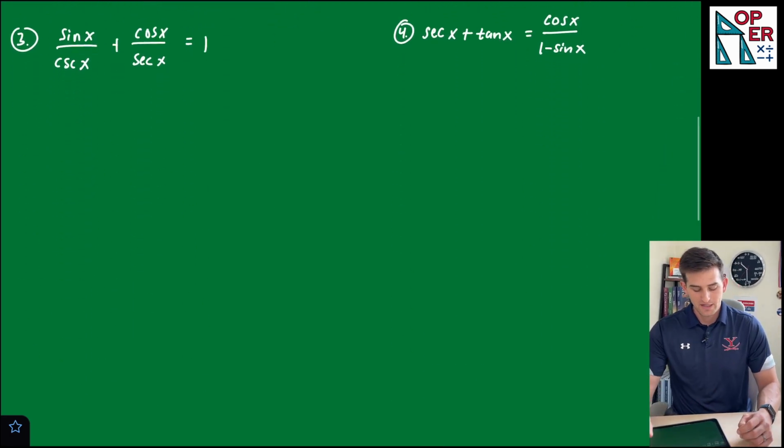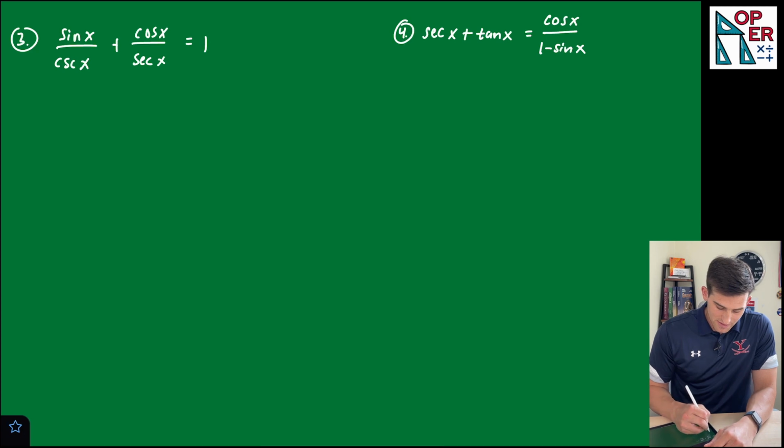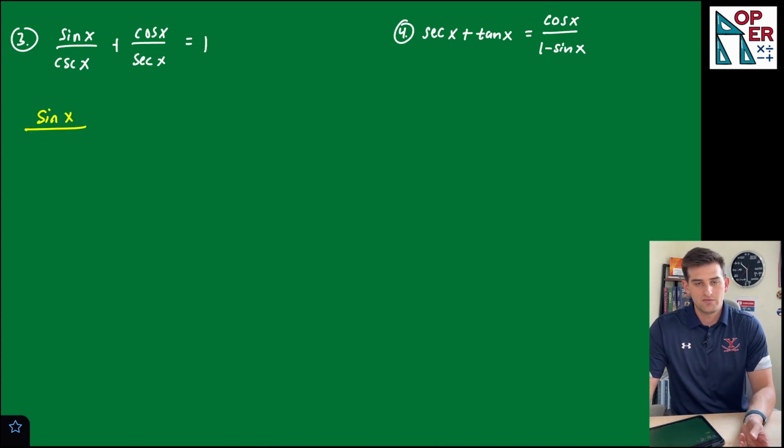Number 3, we have sine of x over cosecant of x, so in this case we're just replacing theta with x, plus cosine of x over secant of x equals 1. So we're trying to make the left side become 1. All right, so let's take sine of x over, and instead of cosecant of x, let's write that as 1